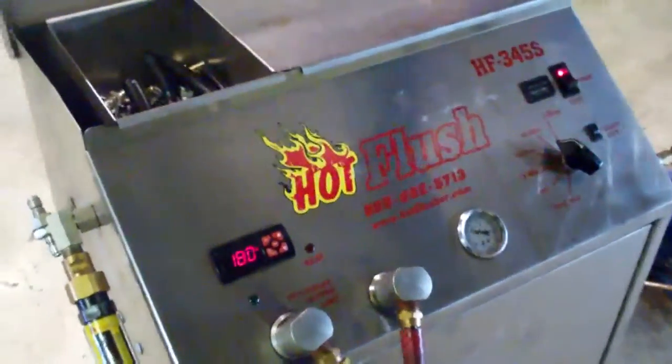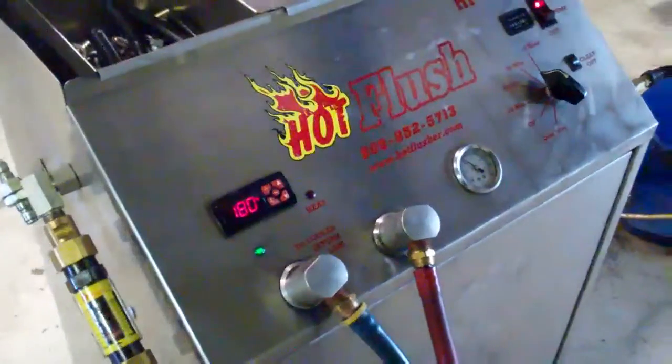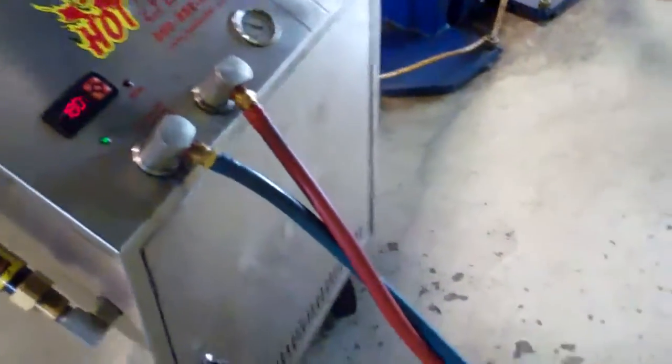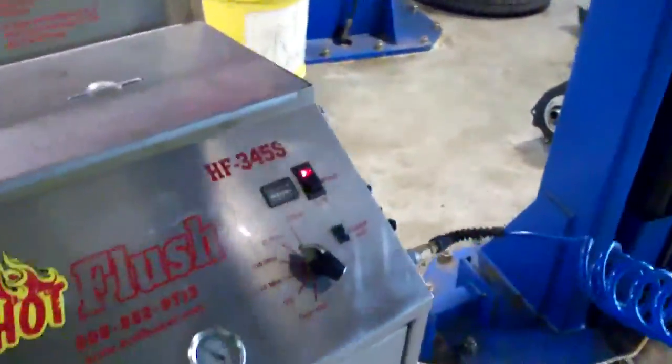Thanks. This is our hot flush. It's a patented machine that flushes the transmission cooler super clean. This is not your vehicle, but it will be hooked up to it. These red and blue hoses are hooked up to the transmission cooler lines, and this blue hose is a shop air hose, and what it does, it pumps heated fluid through the transmission cooler for 3 seconds,